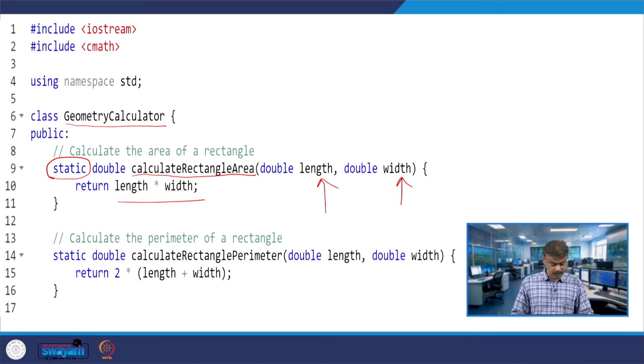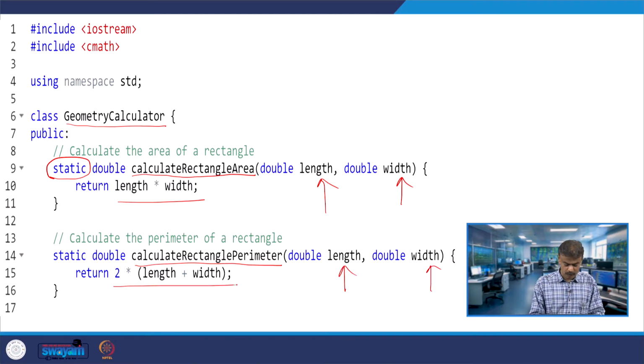Similarly, we have the perimeter of the rectangle. First one is the area, second member function is perimeter, again with length and width as parameters. We know the formula, 2 into length plus width, so that has to return 2 into length plus width.